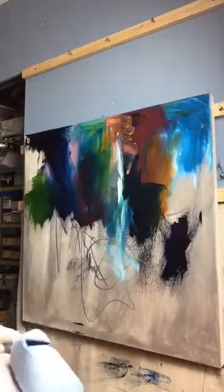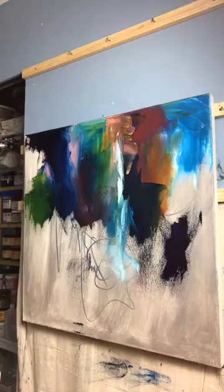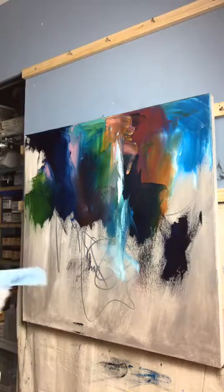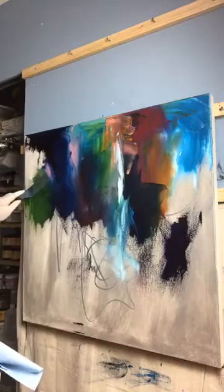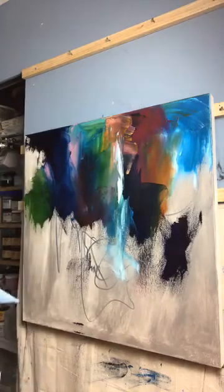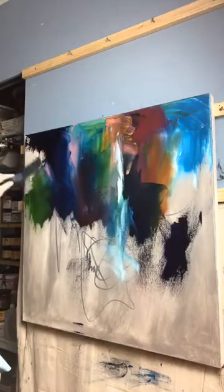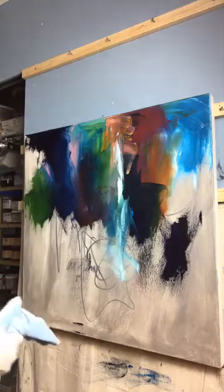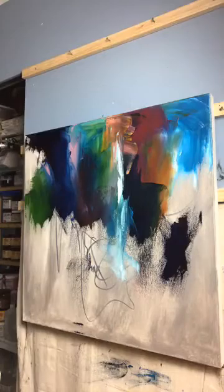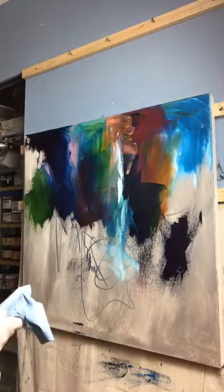I don't really ever use much green out of a tube. I prefer greens that come together with blue and yellow. It makes a more interesting green. And you can get so many different shades of green by mixing yellow and blue. It depends on the blue, or on both colors, the blue and the yellow, as to how it's going to come out. Whether it's going to be a dark green, or a light green, or a bright green, or just whatever. But nonetheless,